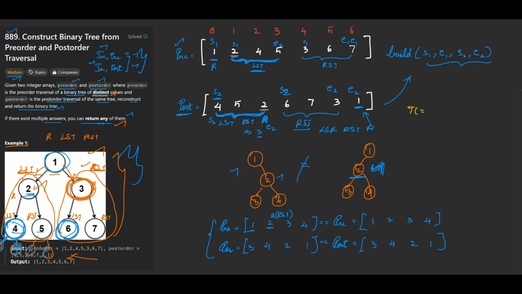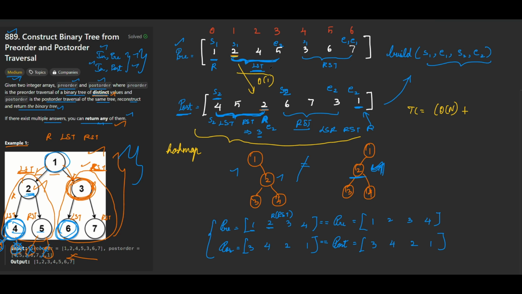So here, let's say that once we plot out the root of the left subtree, we will be searching for it in the post-order traversal, right? But if we somehow use a hash map and store all the positions from the post-order traversal up front, then we will get this information in O(1), right? We don't have to do a linear search here, right? So again, storing it in the hash map is going to be O(n), and then, for traversing the tree,